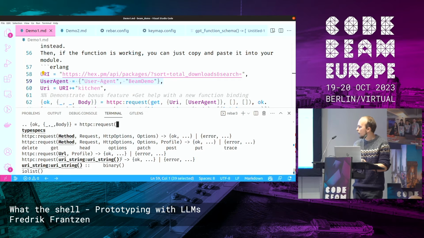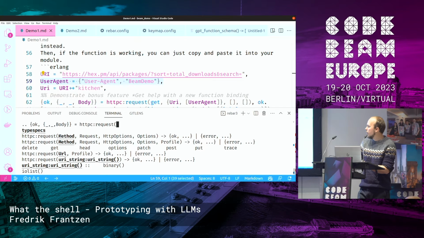And then we can see the type of the first argument for the different arities of this request function. To explain what this means: for the first one here, we have 4 arguments, the arity 4, and here's the return type.